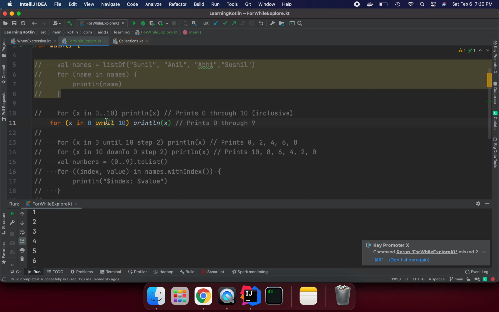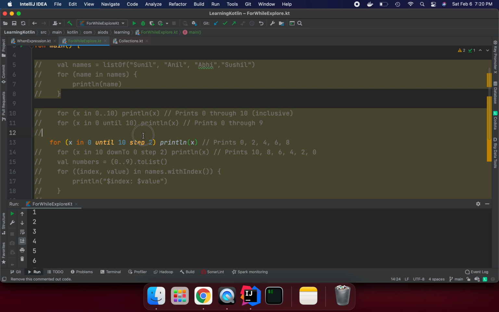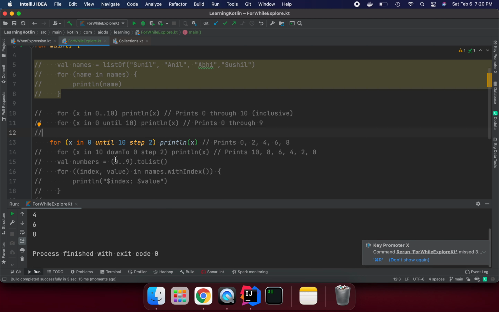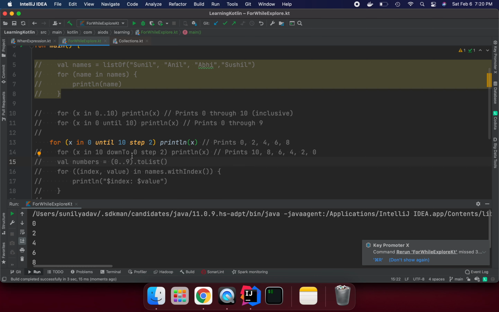In a similar way we can use step 2, which prints 0, 2, 4 and so on. I just say step 2 until 10, and if we run it, it prints 0, then 2, then 4, 6. This is working fine.